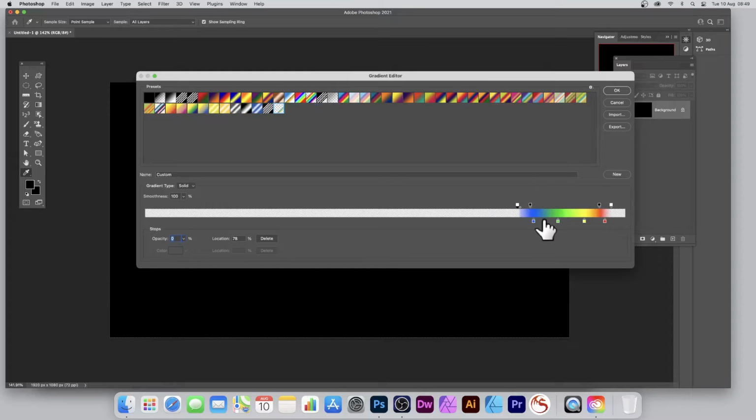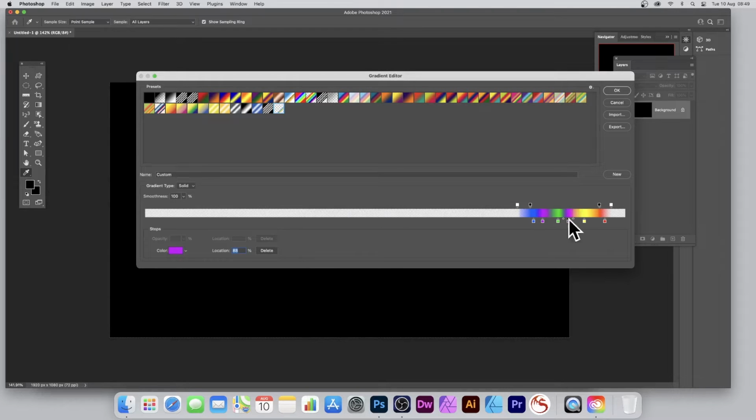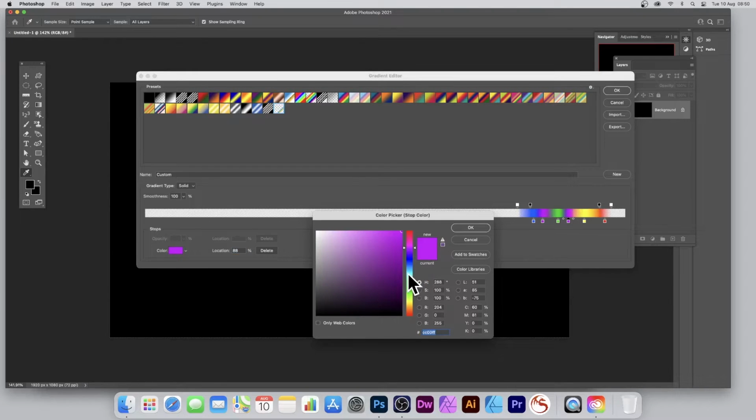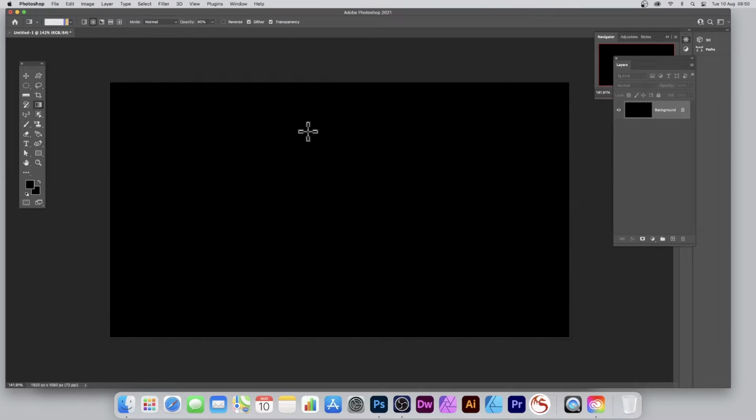And you can add other colours. So if you want, click there, add a purple. Click there and add other colours. Whole range of different colours can be added in that very small range, I agree. However, click OK. Now to make a central design where you've just got the radial option here, I think the